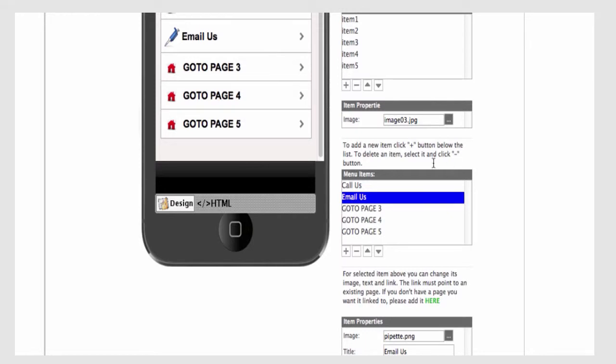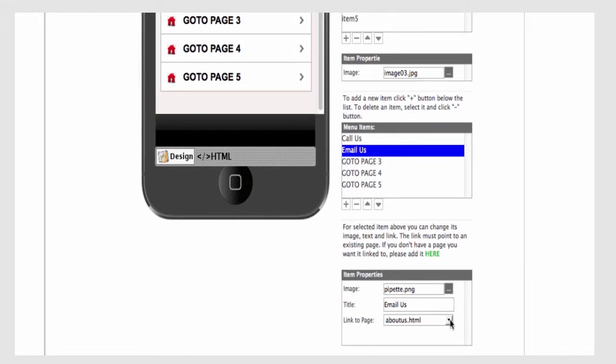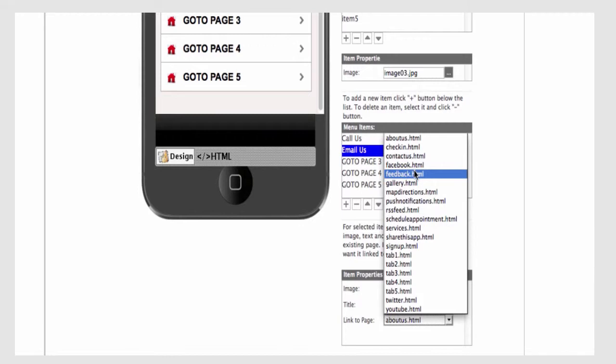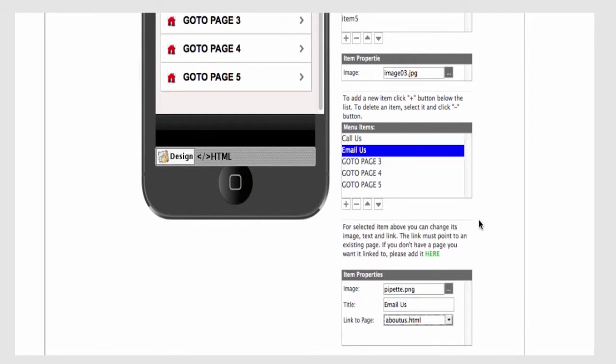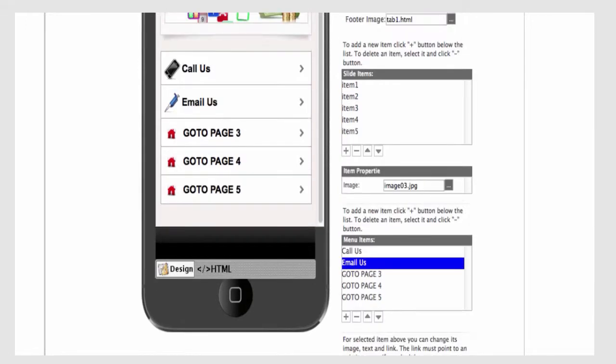And to email us, we have two options. The first one is to connect to the page which is called Contact Us, because what it will do is display the contact form. Or you can do the same way we did with Call Us and go to HTML,